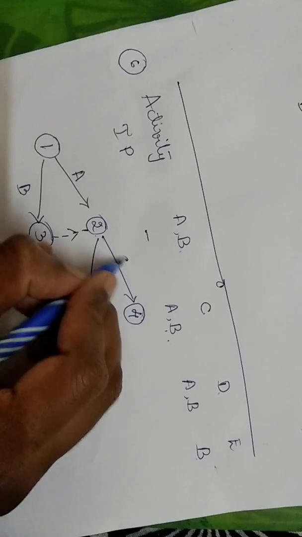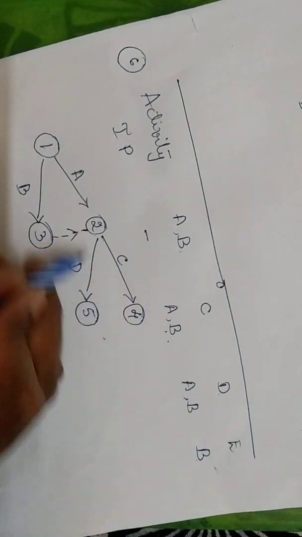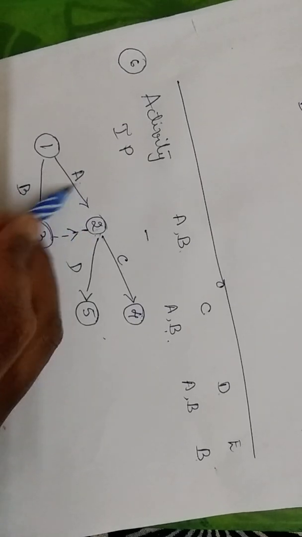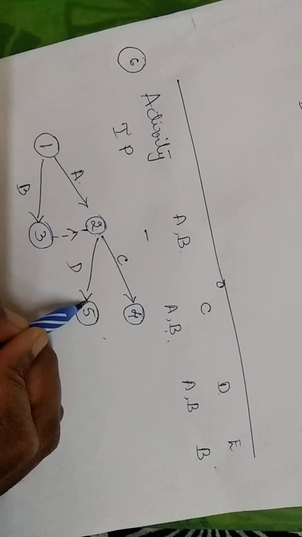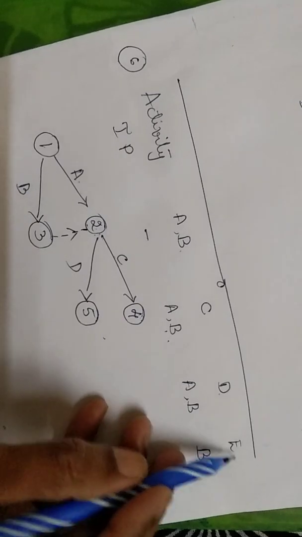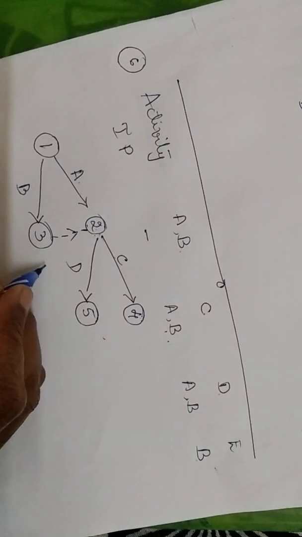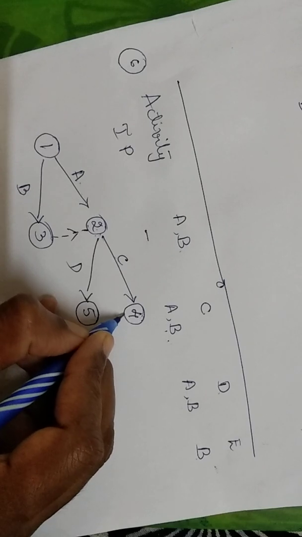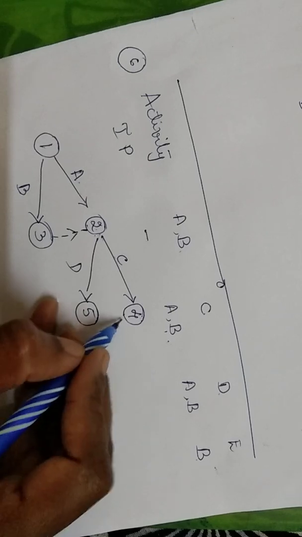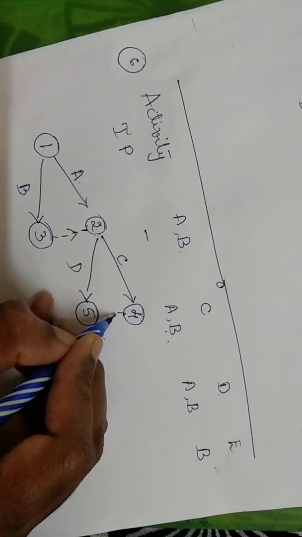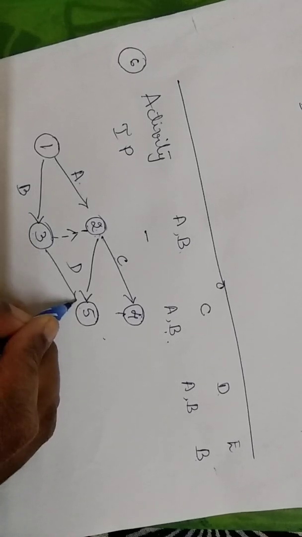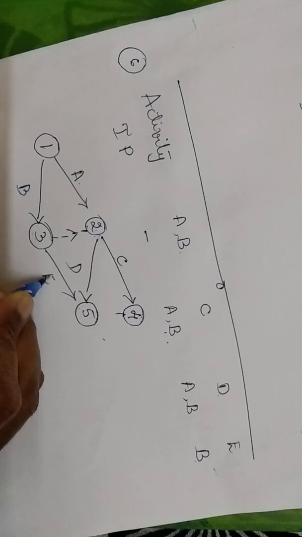So these two will have to be completed for me to have C and D. C and D have common immediate predecessors, that is A and B. Since I am starting from here, this activity has completed both A and B and it is leading to C and D. Finally, we are left with the activity E. So here you have to make sure that you complete the loop. So I should draw a line from 3 to 5. So this would mean that this is E activity.